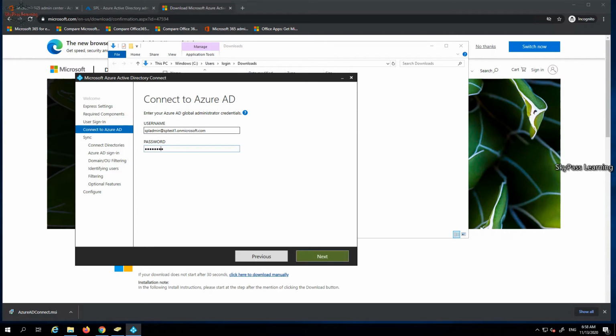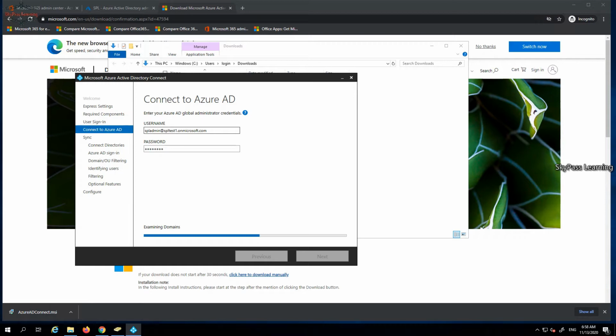It's trying to connect, okay, incorrect username and password. I think I have typed some, okay, SPL is missing. Sorry, I entered the wrong credential. Okay, let's try to connect it.